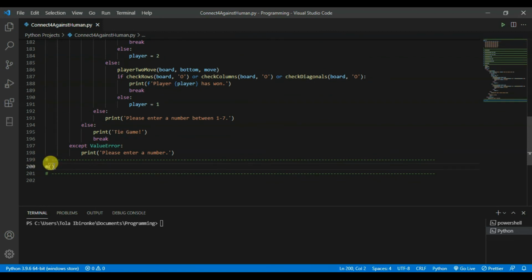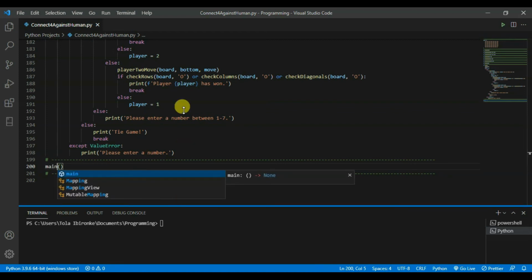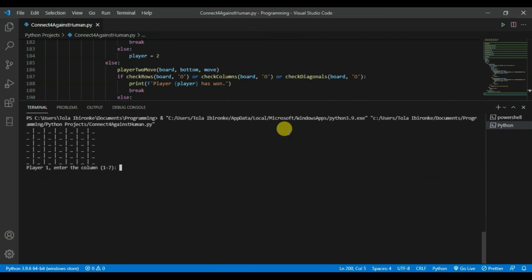So now I'm just going to give you some gameplay to show you how it works. You can see the board here after it draws it from the function, and it prints out player 1 enter the column 1 to 7. I want to play in the first column, so I'm going to enter 1. So it does everything, and you can see the value of X, which is player 1's value, drops down to the last element